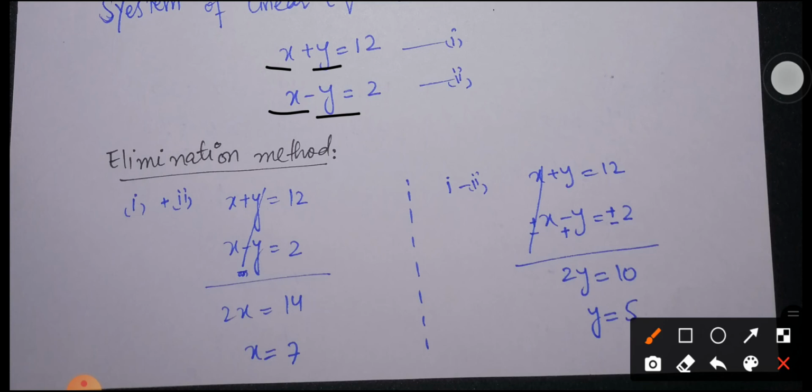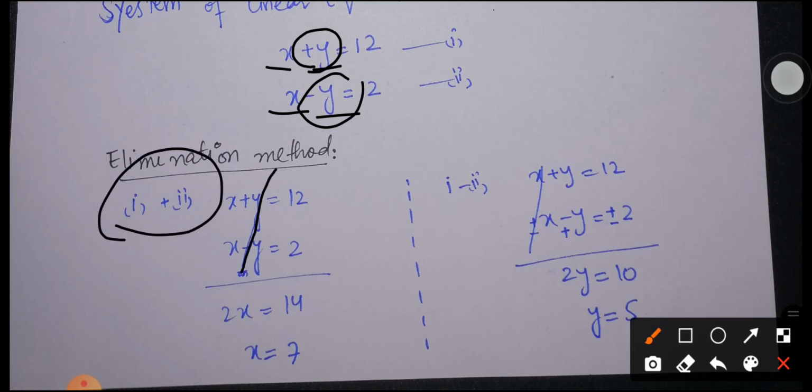For the second step we have to check the signs of the variable. If the variable has the same signs, then we have to subtract the equations. But if the variable has opposite signs in the two equations, then we have to add the two equations. For example, if I want to eliminate y and I have checked the coefficients to be the same, now I will check the signs of the coefficients of y. The y appears with a positive coefficient here and a negative one in the second equation. So I simply add the two equations, positive and negative y will be cancelled out,